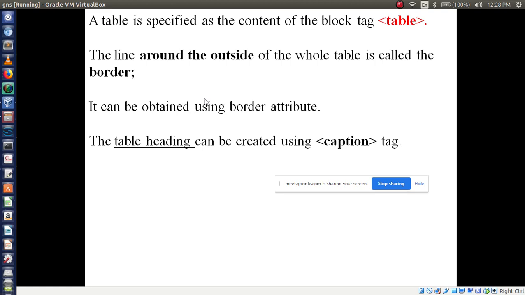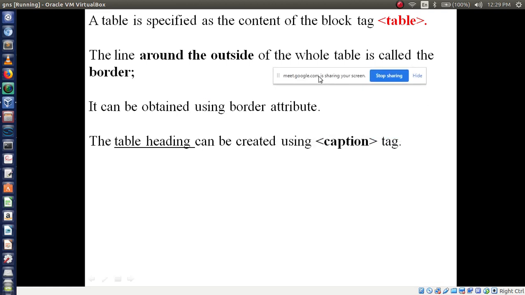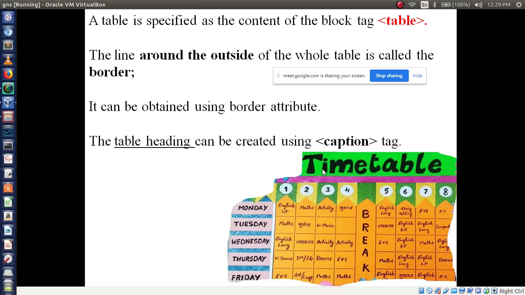And one more important thing you have to remember, the caption tag. Here the table heading can be created using the caption tag. This caption tag is important for the table heading. Here what is the table heading? I have displayed the timetable.